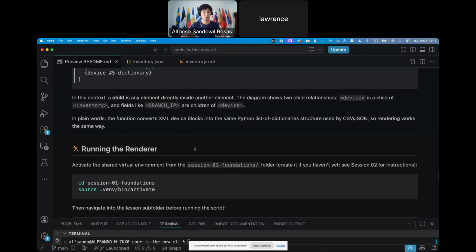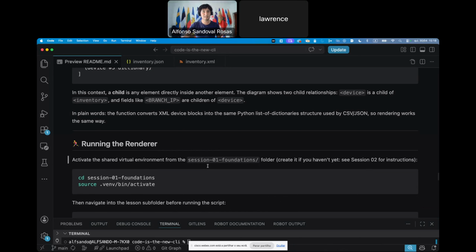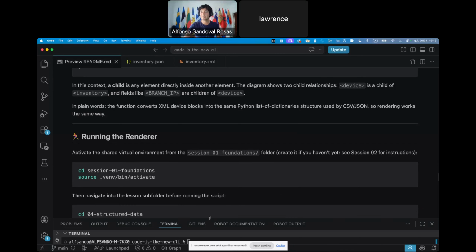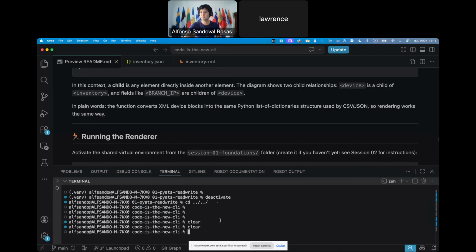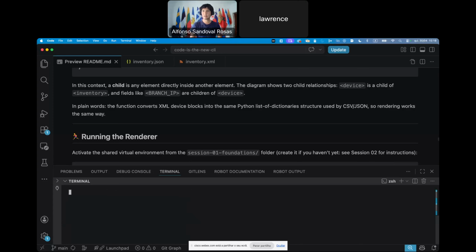However, what I am going to show you is, at the end of the day, what's the user experience with these different formats. So for that, let me open my console. Okay, let me clear this. Let me go into our folder, which would be session 1. Then it would be the 4th